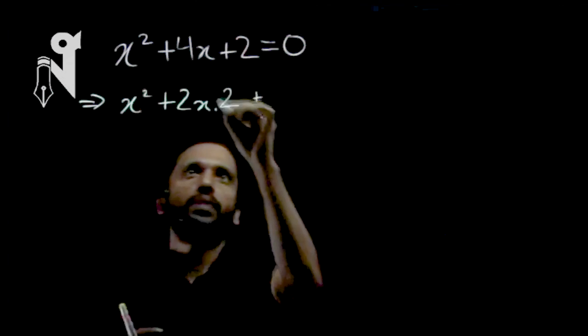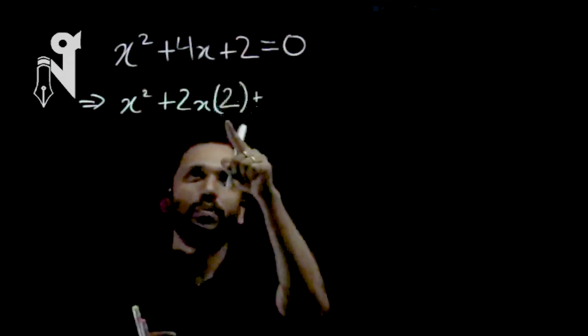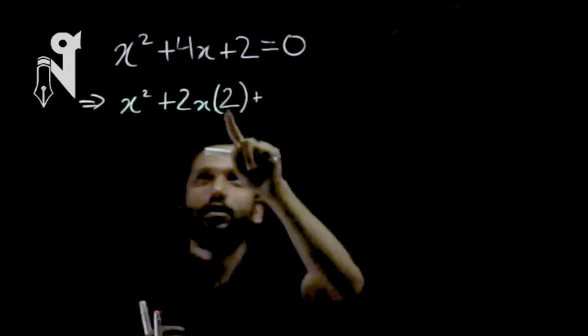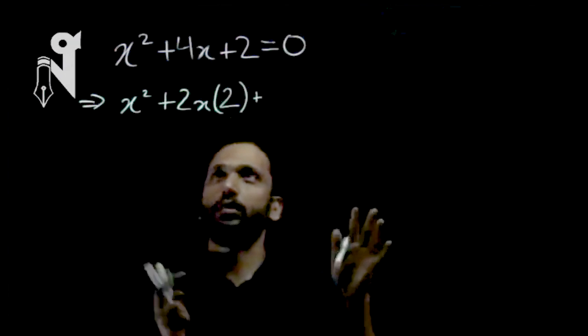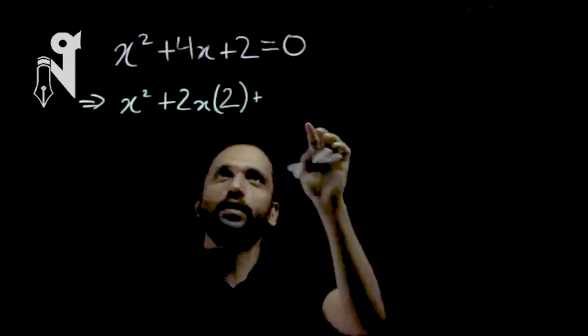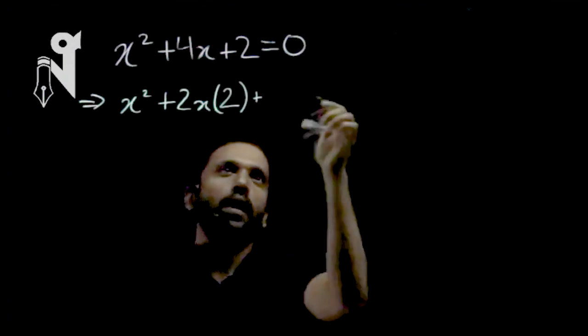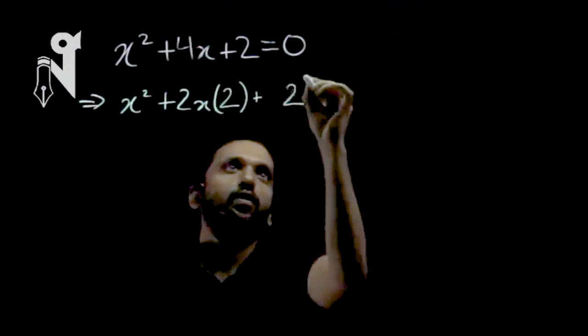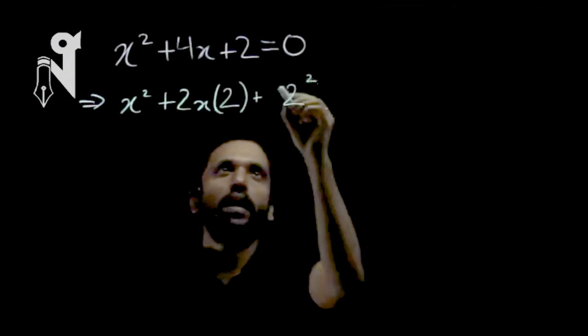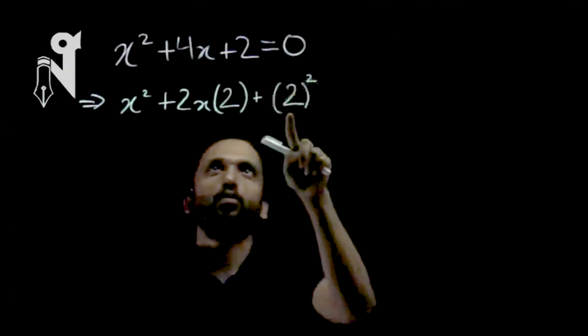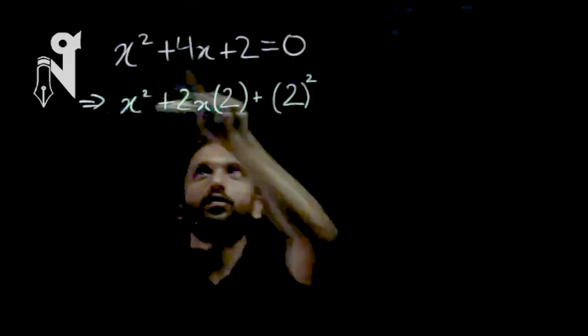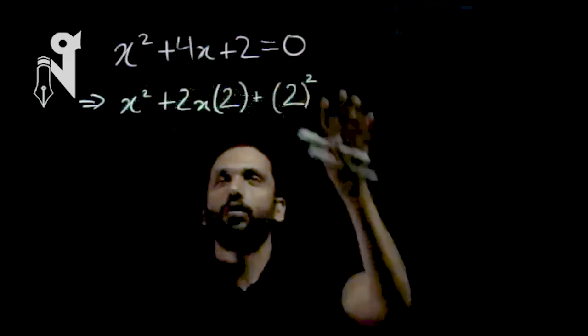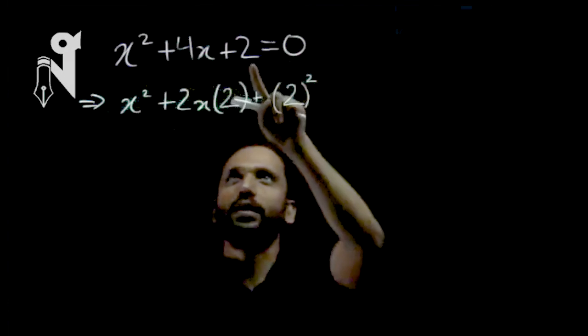So I figured out my b. That's my b. That b is a 2 in this question. So the good news is that I figured out my b, but the bad news is I don't have a b square over here. I don't have a 2 square over here. Had I a 2 square, this question would have been already in a whole square form, but it is not. Instead of a 2 square, it's a 2.